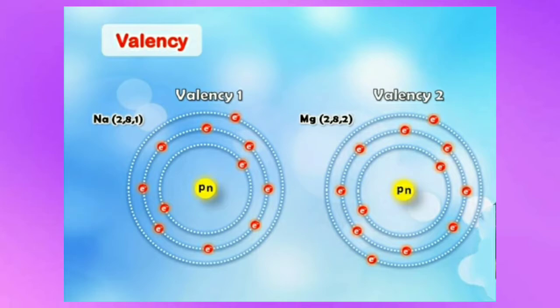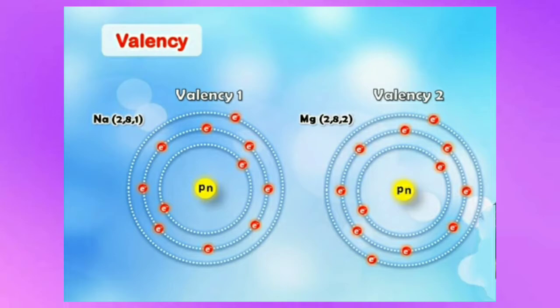Okay. Now look at magnesium. How many electrons are present in the valence shell? 2 electrons. So it is easy for magnesium to lose 2 electrons, right? So what will it do? It will lose electrons and complete its octet. Therefore, we can say the valency of magnesium is 2, right? And what can we say of chlorine?